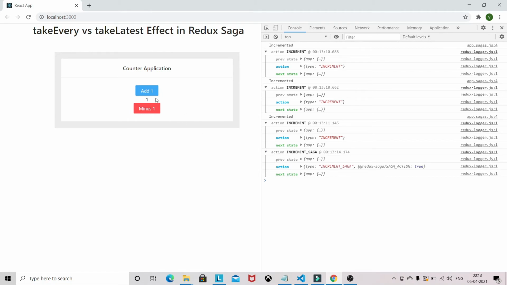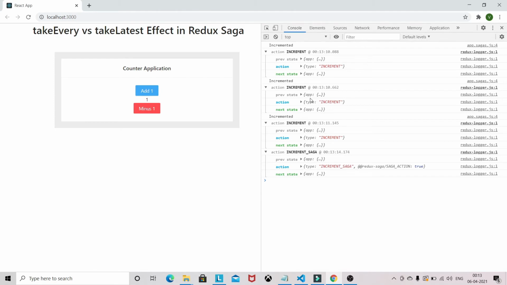We got only the last click here with the help of the takeLatest effect. No matter how many times I click, it will cancel all the previous ones and only trigger the latest one that was clicked.